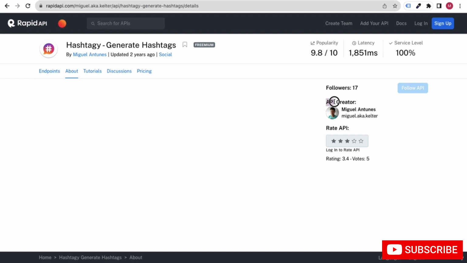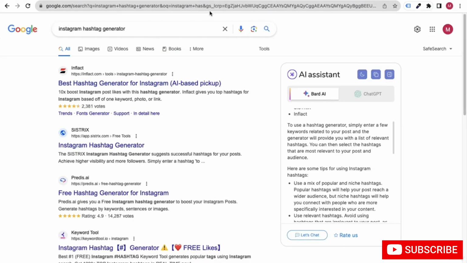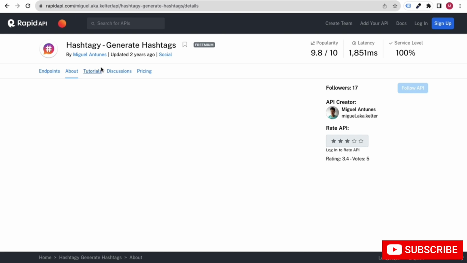You can create this type of API and sell it on websites like Rapid API, and we will also talk about more websites. You can sell your API here, so other developers or programmers will come to this website and purchase your API. And how will you make money? It's simple.